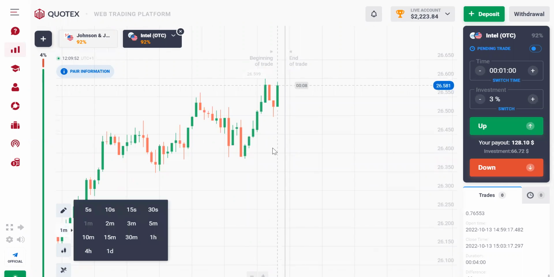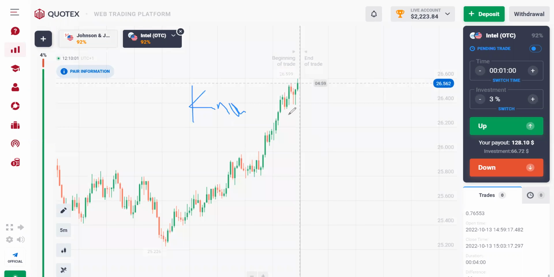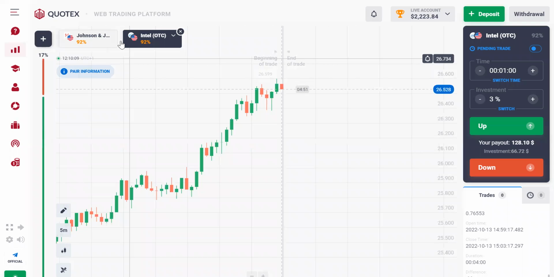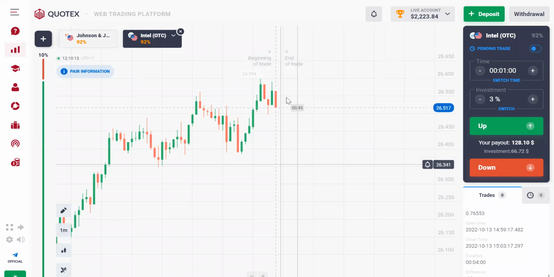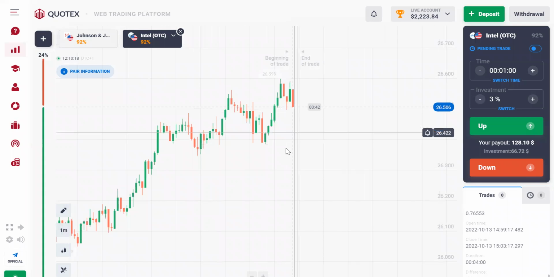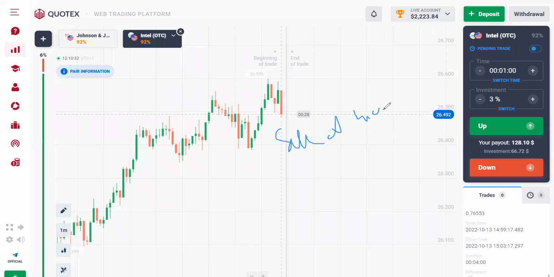So the basic thing you need to know first of all is to know the market to trade, right? You want to select a good market. You want to select a good trending market like this when you want to start trading. When you select a good market, that is what is going to give you a very good edge for you to start winning your trade. And then if you select a good market, one thing I would advise you do is that once you're trading, you want to sell at a high price.